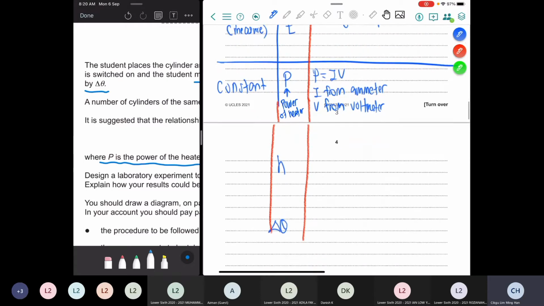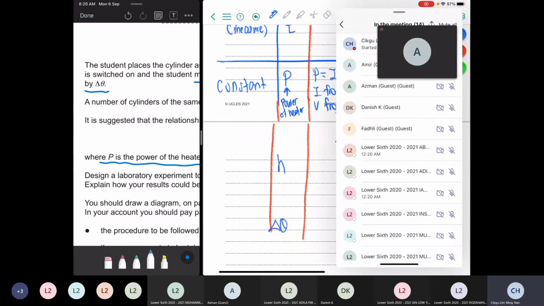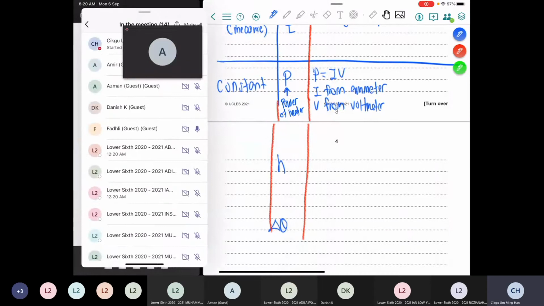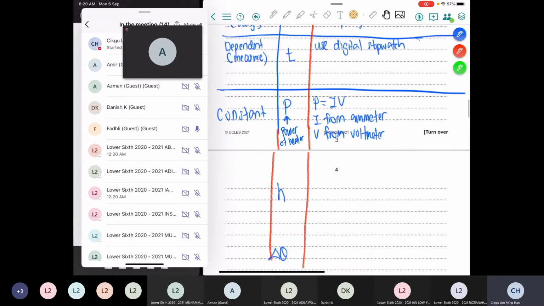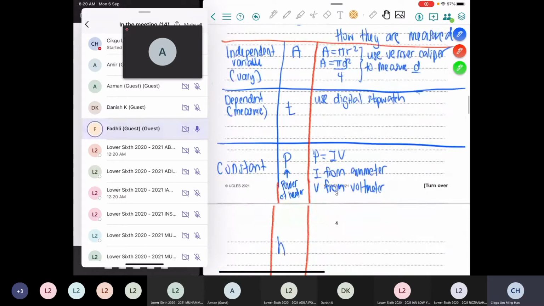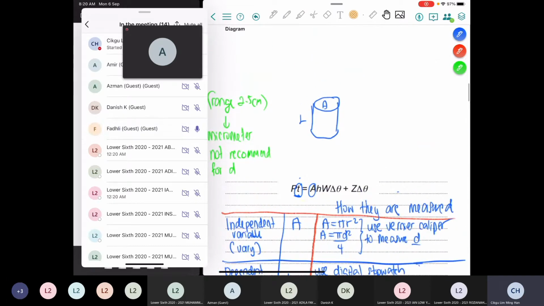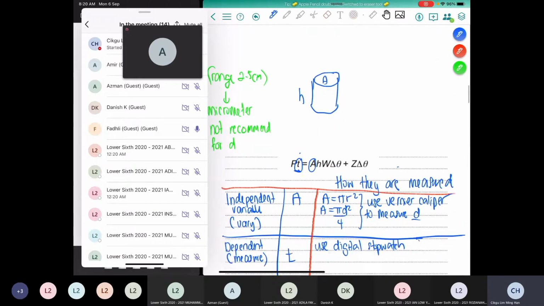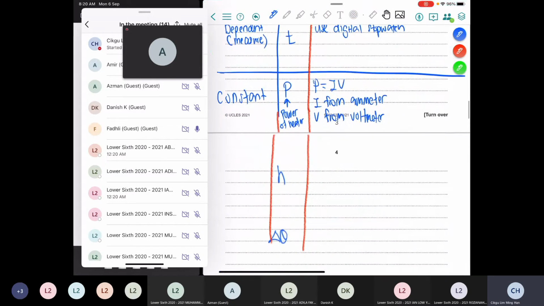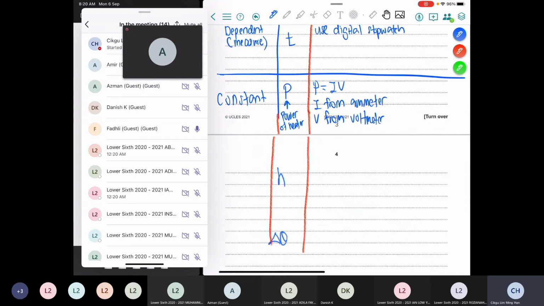So we have the next one, H. Let's see who is here again. After Danish, we have Fadli. Fadli, can you explain to me how you find out the height of the cylinder? Meter rule. This one should be height, using a meter rule. Okay. Thank you, Fadli. So height